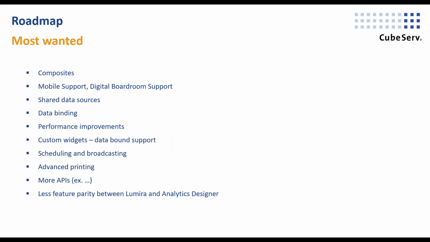Next, let's come to the product plan. We do not want to show the standard SAP roadmap with 100 features, but instead we want to concentrate on the really most important features which are required to close the gap with other front-end tools and extend the must-have functionality. So first, composites is a most wanted feature which will ease the implementation of standardized dashboards in a way that we can later easily maintain changes centrally.